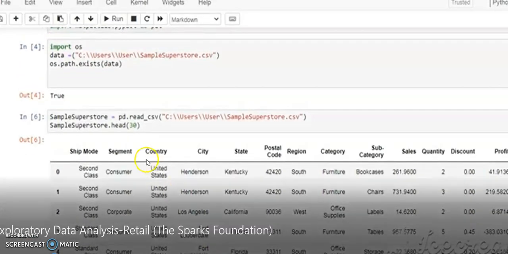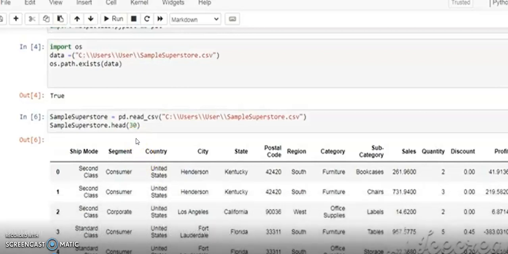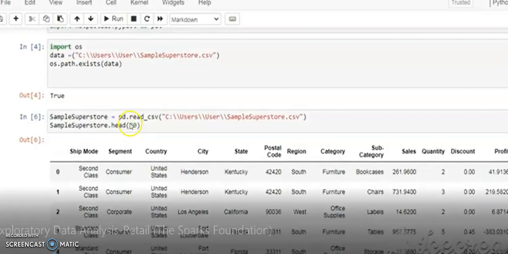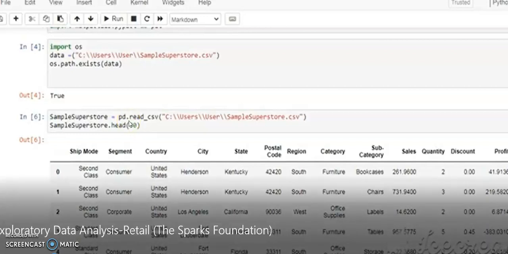For this, we use pd.read_csv, because our data set provided by the company is in a CSV file, a comma separated file. To read this data, we use pandas dot read_csv, pass the path of our data set, and provide a variable name, as you can see here, sample superstore as a variable name.